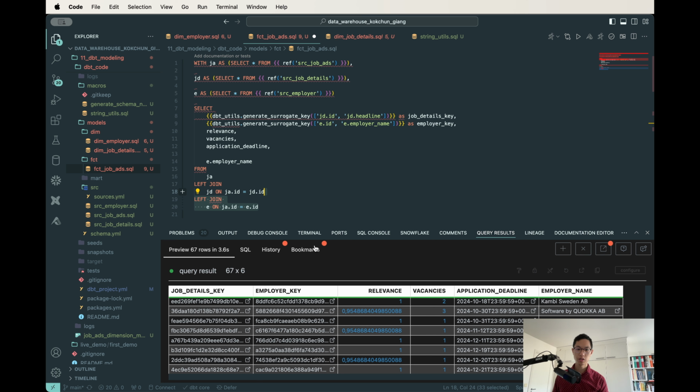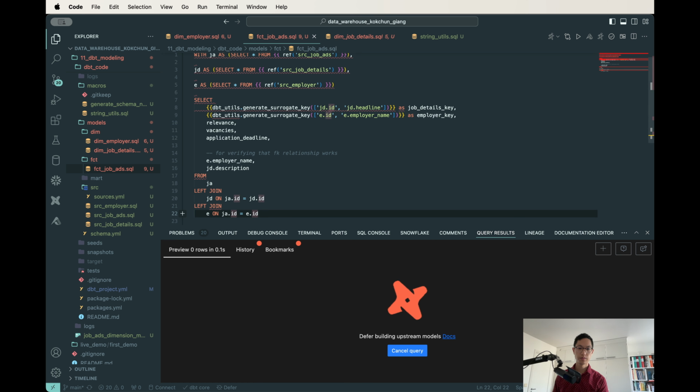So that's why I'm also printing out the employer name, and I will also print out JD dot description. This is to verify manually, so for verifying that the FK relationship works. Okay, so when I run this one,